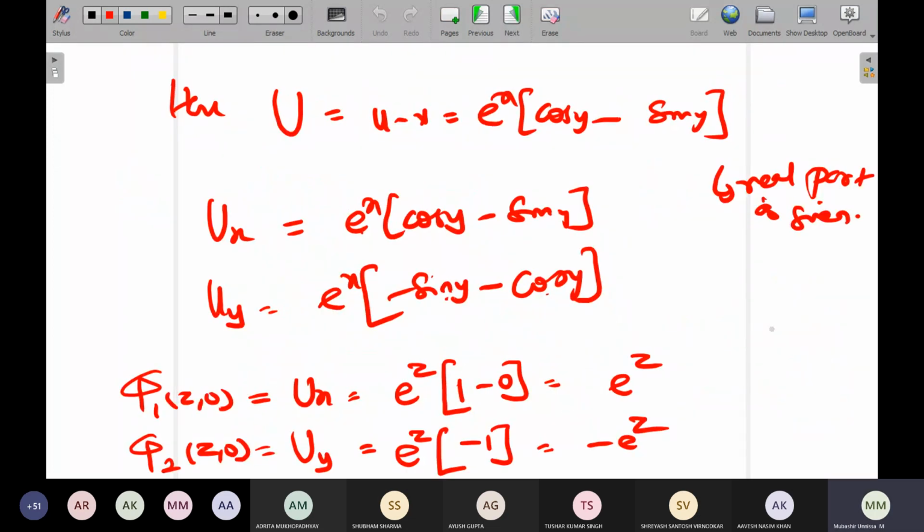You have found ux, find uxx. That also, if you want to do, normally everything will be together in the question. Find uxx, find uyy, show that uxx plus uyy equal to 0.